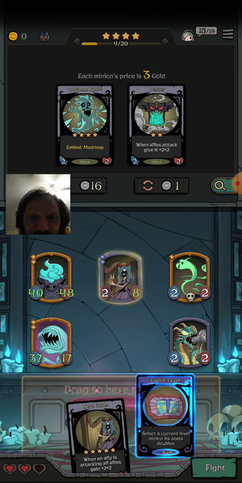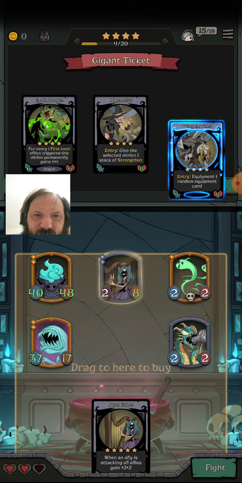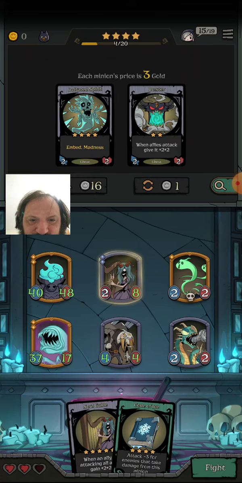Okay, so it's going to summon a 4th level unit, which means it will not be a soul guide. That's a 5-star. Extra stack of strengthen or random equipment. Random equipment could get me something with like more shields. One stack of strengthen. I think the high roll on equipment could be... Okay, I don't know if I'm going to give that to...